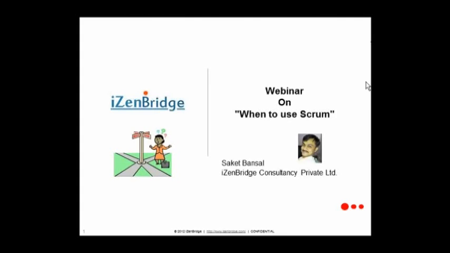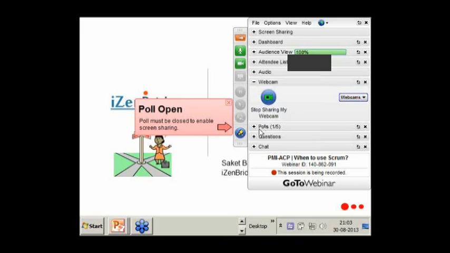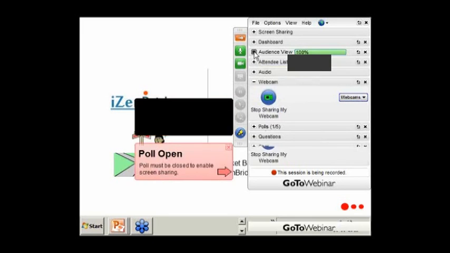For that I am conducting a small poll, and we will start just after that. Please tell me how familiar you are with Scrum, because the rest of our presentation is all about where to use Scrum.